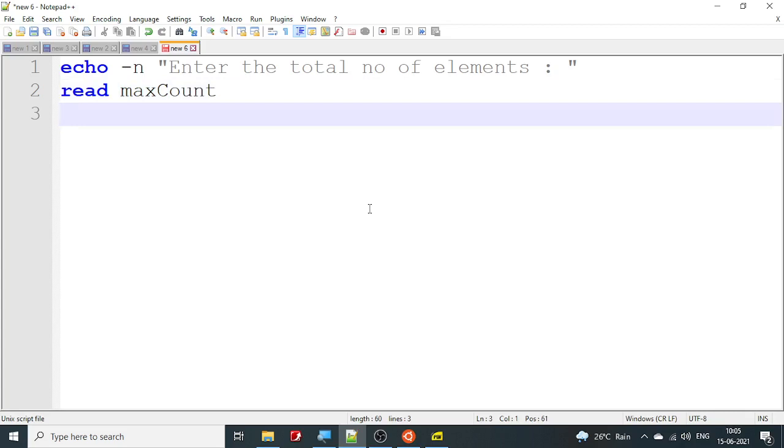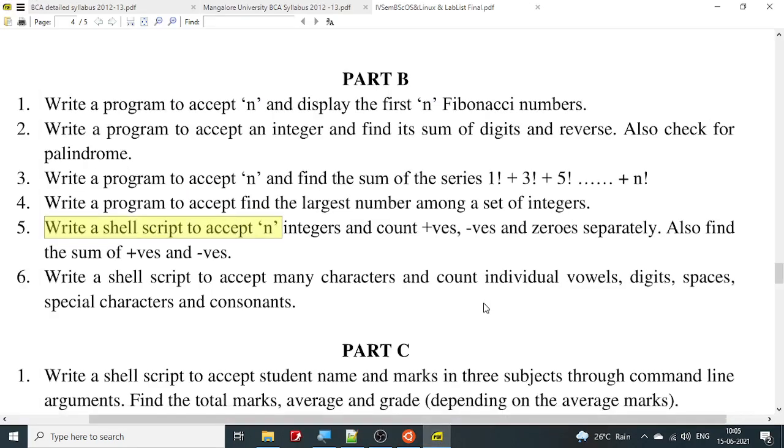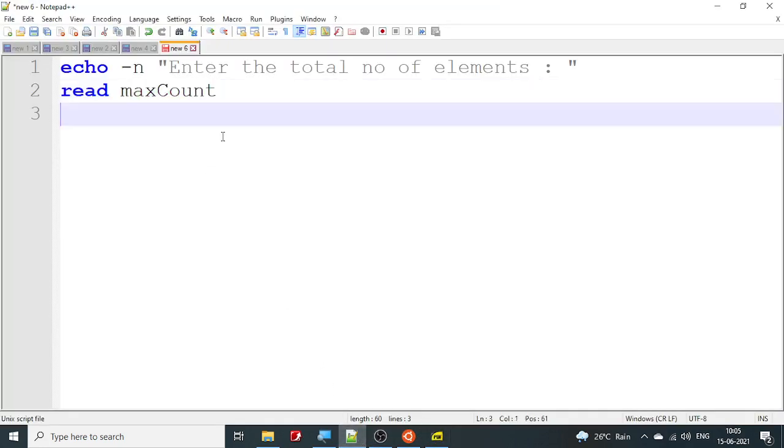And what are the things that we are supposed to do? We are supposed to accept the maximum number of elements up to max count, and we are supposed to find the count of positives, negatives, and zeros, as well as the sum of the positives and negatives. I'm going to take a few variables here to do that.